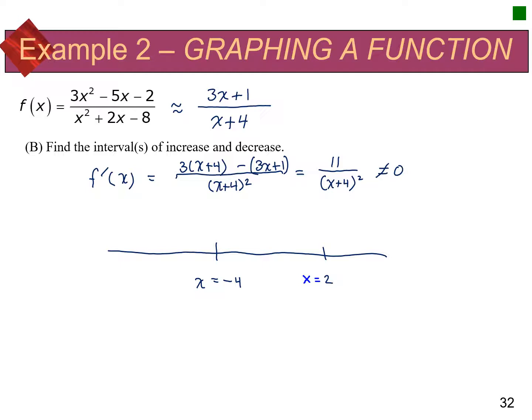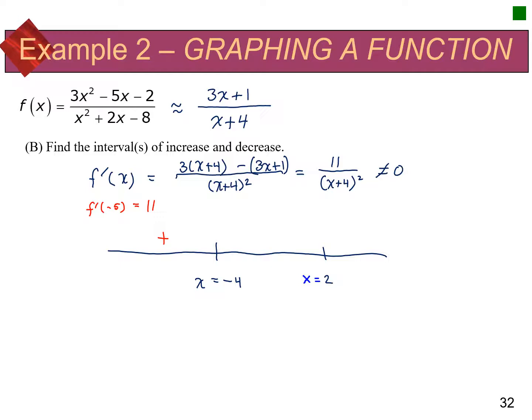I know that 2 is where the hole occurs, and usually there's not much change in increasing or decreasing, or even for that matter later concavity around where a hole occurs. But just to note here, x equals 2 is also not in the domain, which is why it's on here. So when I pick some values in each one of those regions, when I do f prime of -5, I get positive 11,